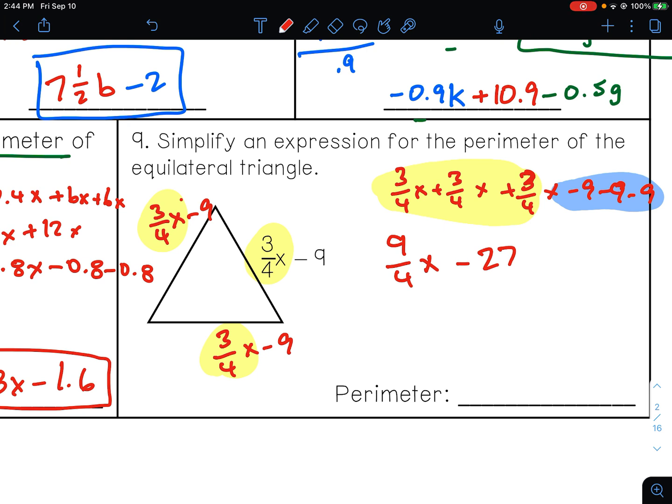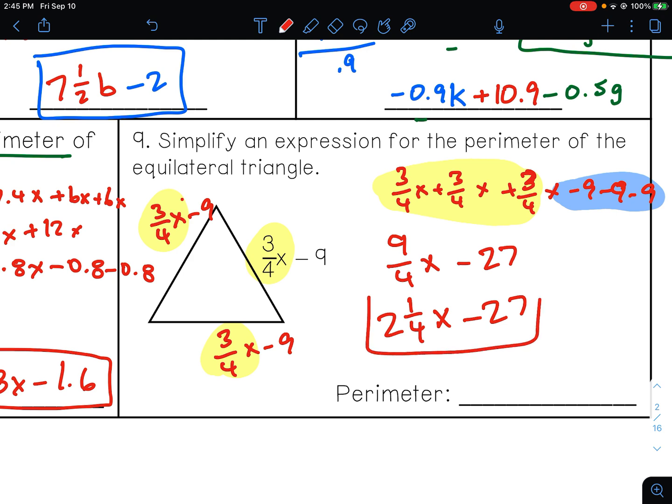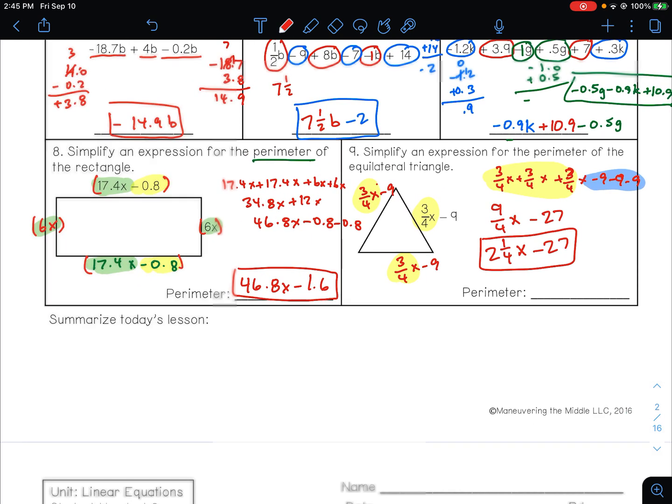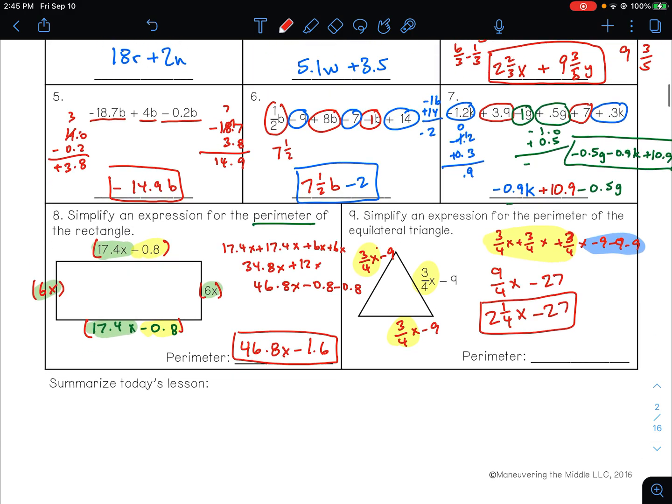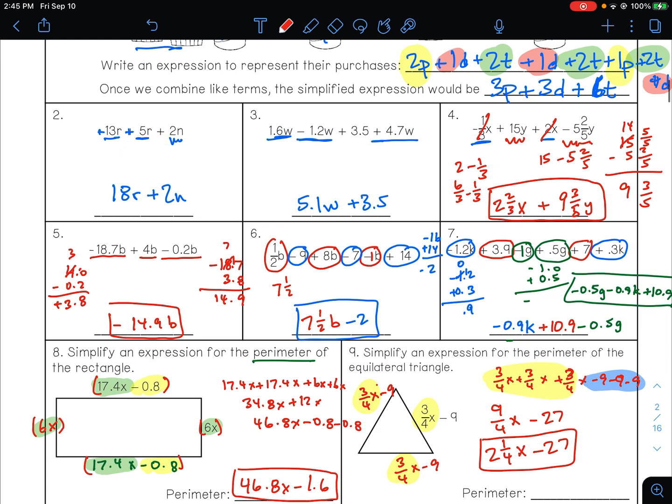All right, let's go ahead and turn this into a regular mixed number, not a fraction greater than 1. So 4 goes into 9 twice, which gives us 2, with 1 left. 2 1/4 x minus 27. And that is our perimeter. And that is that. Hopefully that made sense. Go ahead and try some problems on